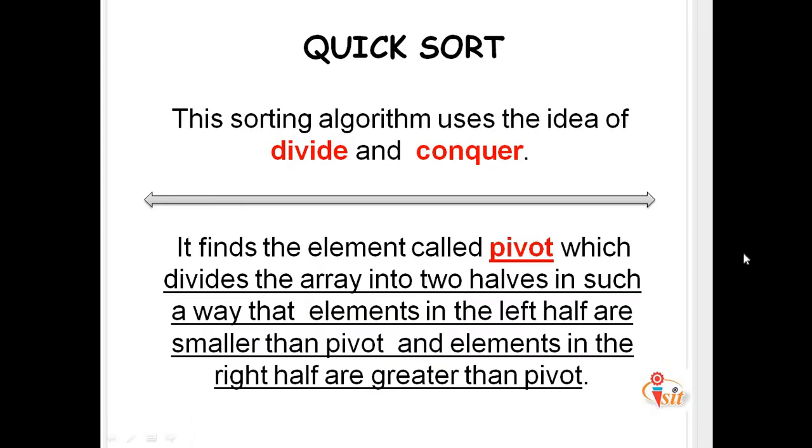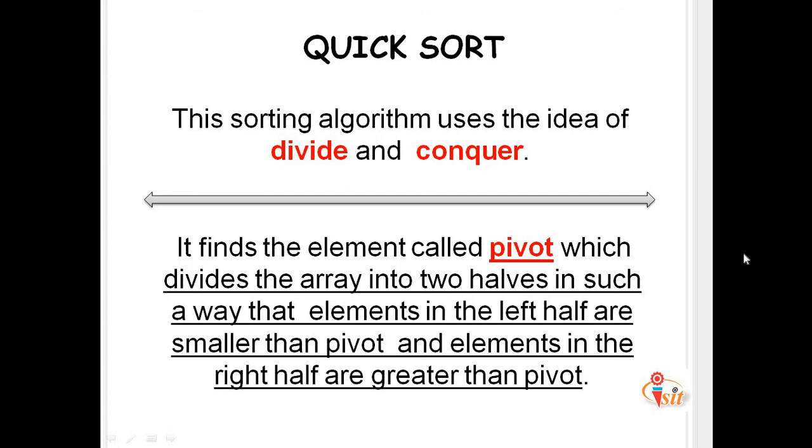Quicksort works on the divide and conquer principle. First, it partitions the list of elements into two sublists based on a pivot element. All elements in the first sublist are arranged to be smaller than the pivot, while all elements in the second sublist are arranged to be larger than the pivot. The same partitioning and arranging process is performed repeatedly on the resulting sublists until the whole list of items is sorted. Also, the important thing is, here it is going to be using the concept of divide and conquer.